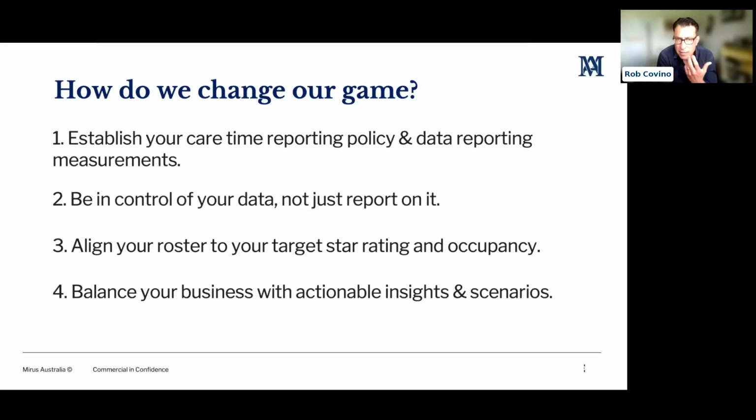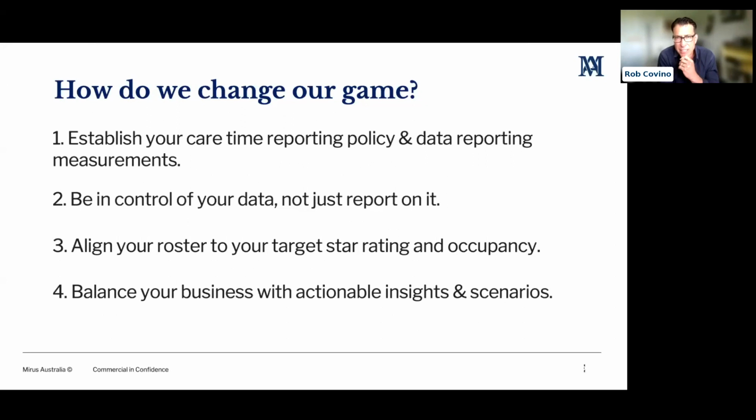from a provider's standpoint. And we need to look at those scenarios and also run them against maybe some new admission insights. We may know next week we have 4 new respites coming in, and then on Thursday we have 2 permanent care entries. These are all things that need to go into your what-if scenario planning, so that when you sign off on that expenditure and that roster for the forward-looking period, you know within a strong likelihood where the facility will land with regards to the care minute achievements, star ratings, and also the financial cost expenditure in that period.